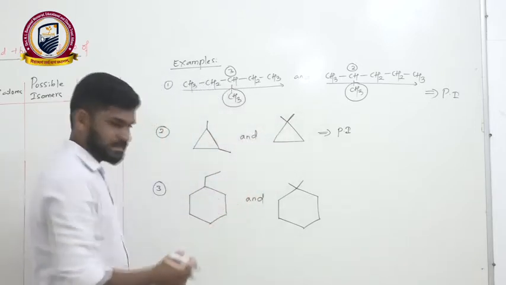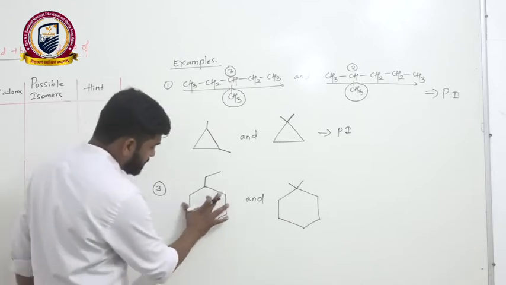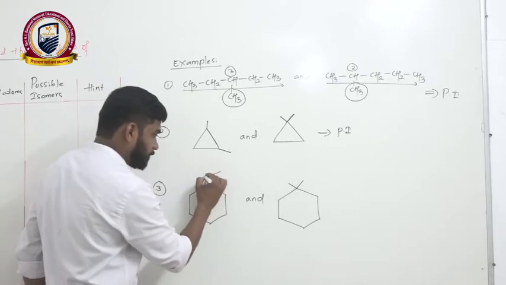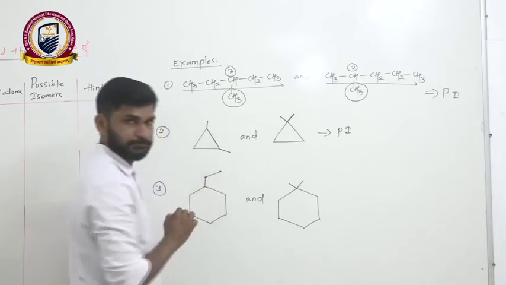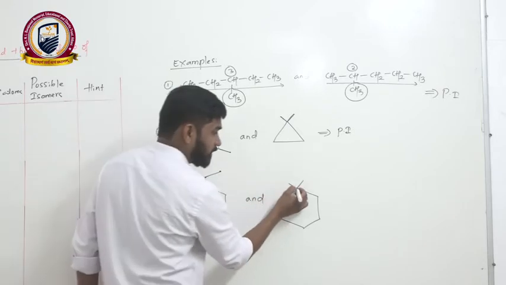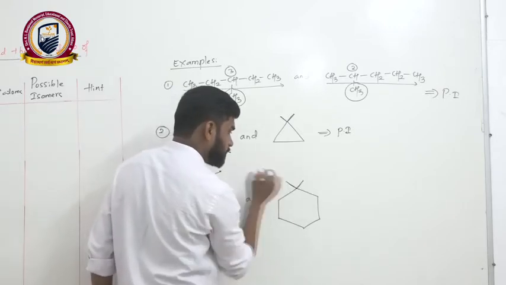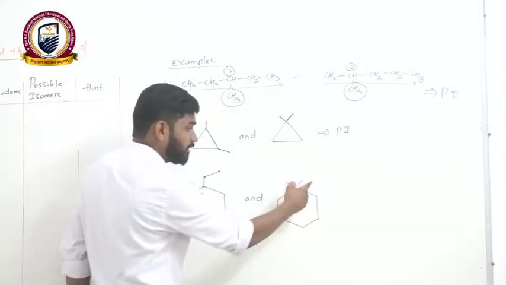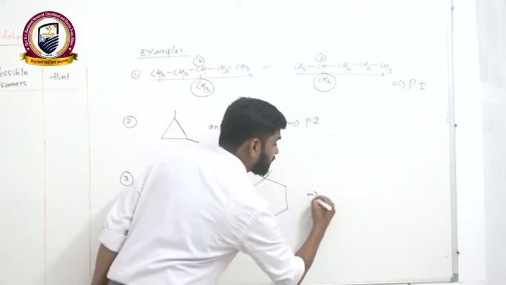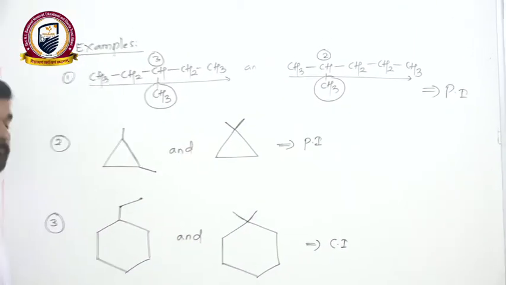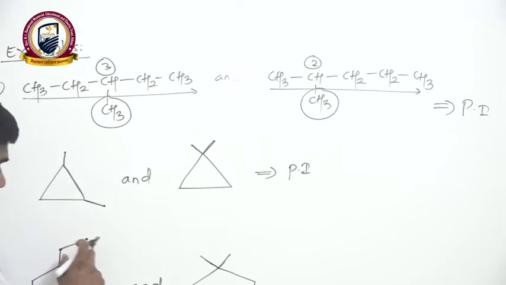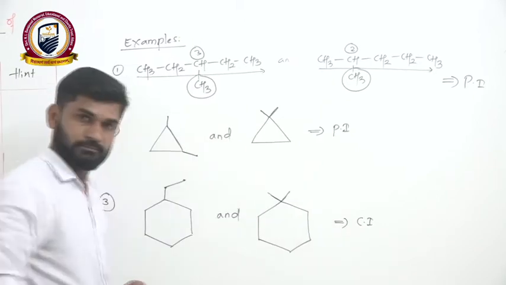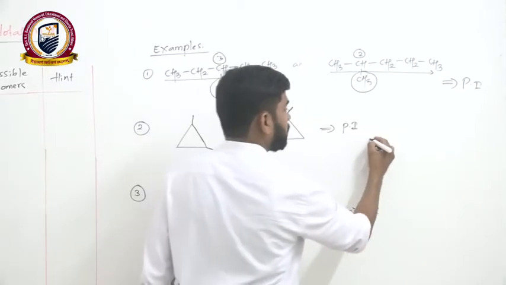Okay. So coming to this example. Here the parent chain is cyclohexane. It has an ethyl group here because it has two carbon atoms. And here the substituent is two methyl groups. Therefore, is the side chain the same or different here? The side chain is different. Therefore, it will be exhibiting chain isomerism. So the side chain has two carbon atoms, and the other side chain has one carbon atom. Okay. So we have to remember the conditions